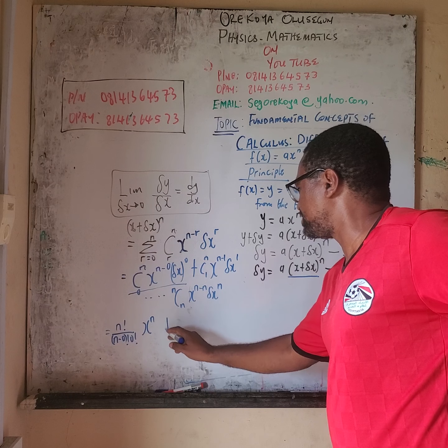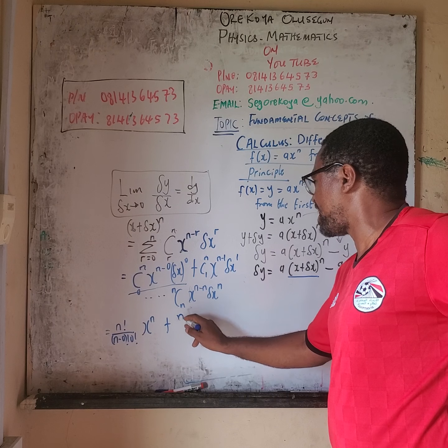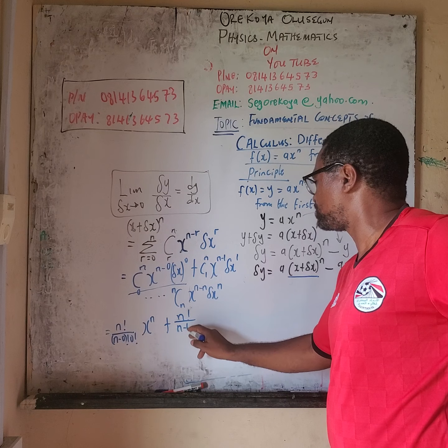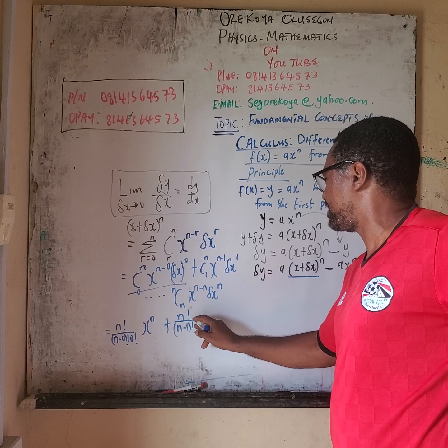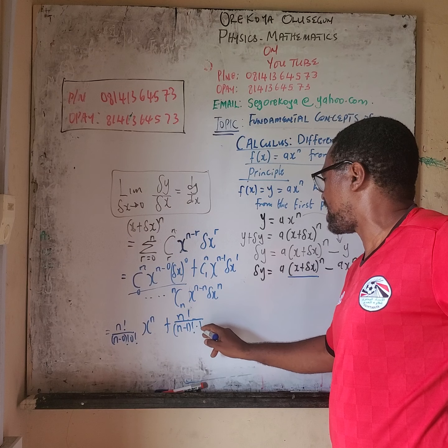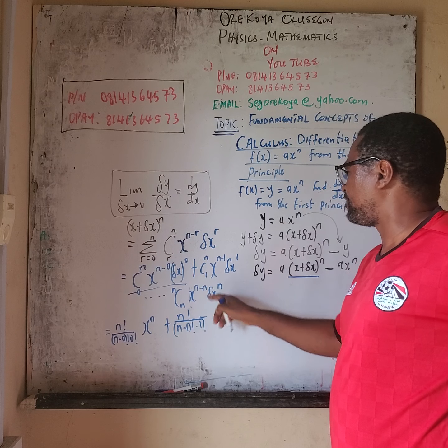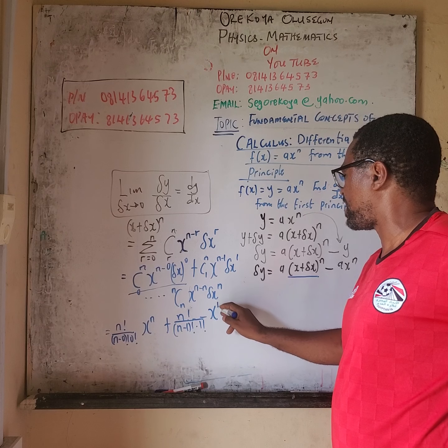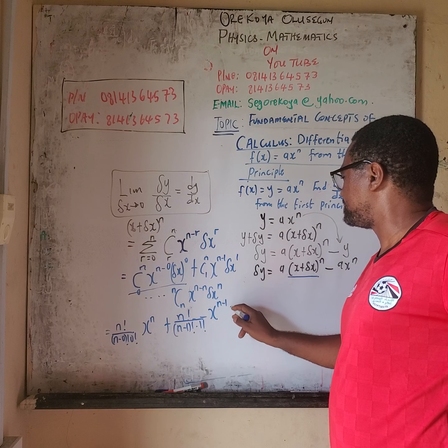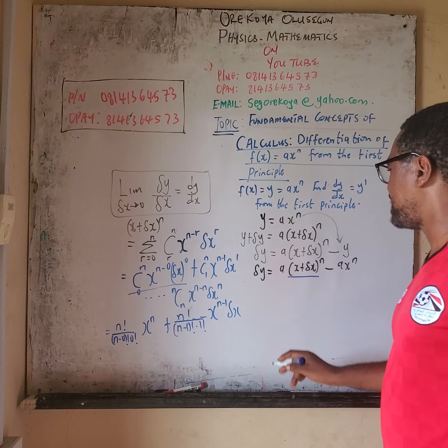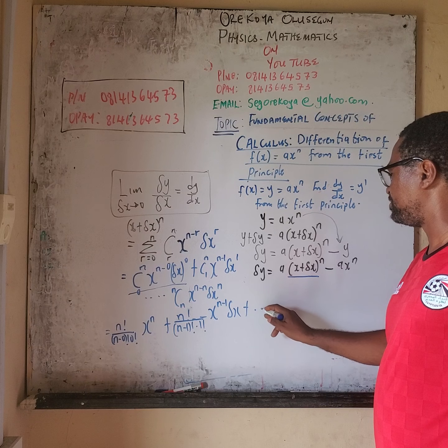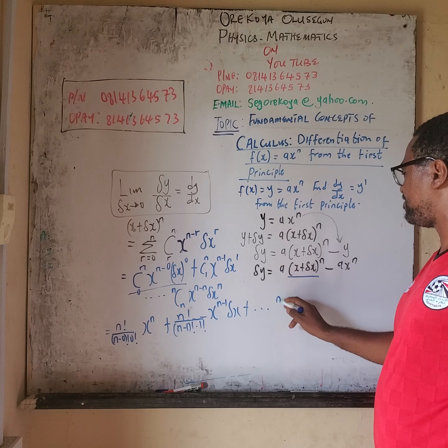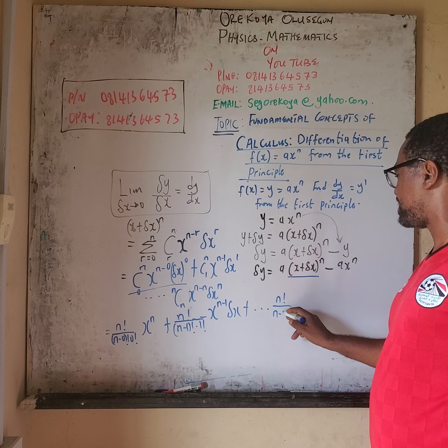Then plus this expression here, it means n factorial divided by n minus 1 factorial, then times 1 factorial. I've gotten an expression for this, then times x raised to power n minus 1, then delta x. Then this particular addition will continue up to n combination n. N combination n is n factorial all over n minus n